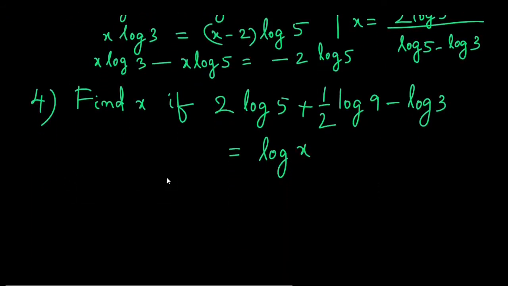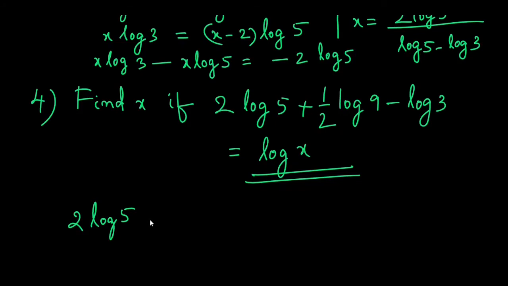Fourth one, find x if 2 log 5 plus half log 9 minus log 3 is equal to log x. So here we have given with the log x one side. We want to find x. So we have to equate both sides and remove log so that we will get the value of x. So the left hand side should be written as a single logarithm. So 2 log 5 plus half log 9